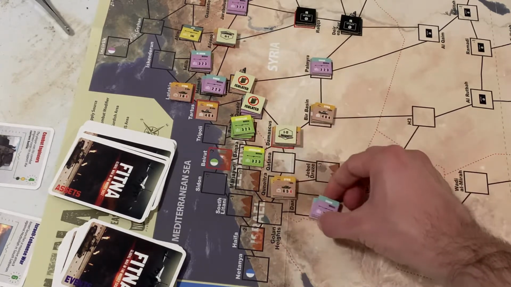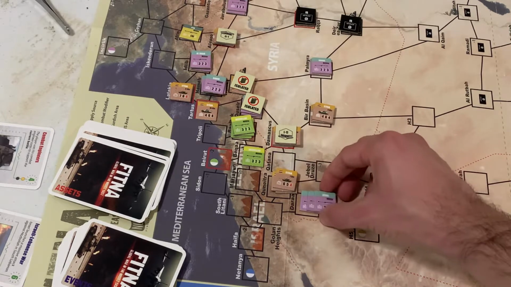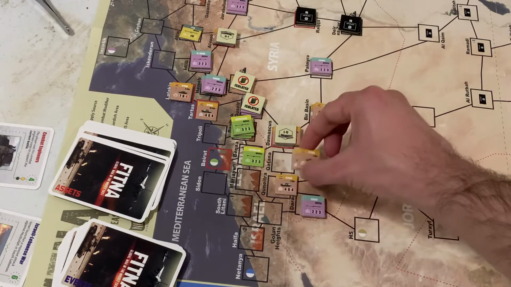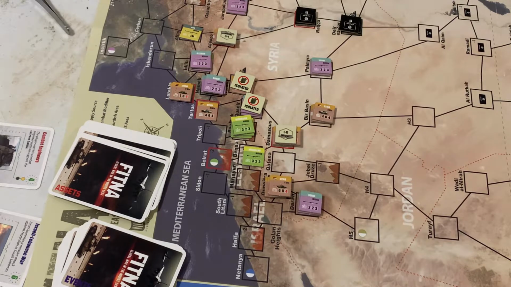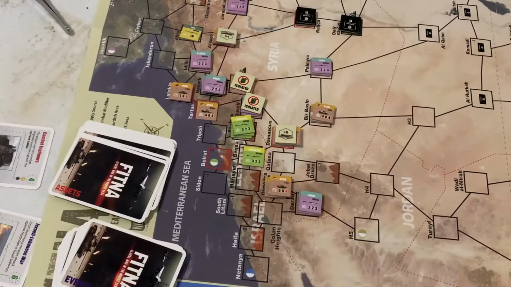But let's resolve this one down here in Dara. So we have a defense value of 6 from all these Sunni militia, and we have an attack strength of 12. No terrain difference, so it's going to be a +6. +6 here. So we're on the +5 to +7 table, and